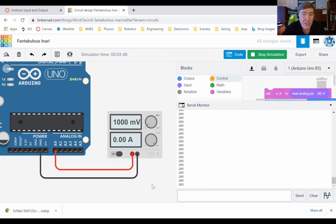Now, what do you suppose I would get if I kick it up to 2 volts? Okay, so can you guys type into the chat box: if I were to change the voltage on my power supply to 2 volts, what number would the Arduino